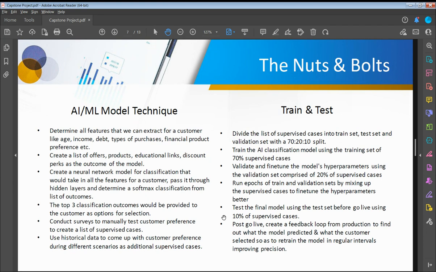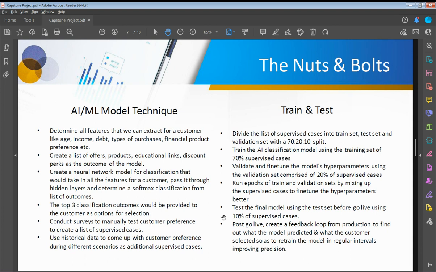Now, after we're done with one set of train and validation parameters, we are going to consider that as one epoch. Then we are going to mix the complete training and validation set to create a new training and validation set, which would be another epoch of training and validation. Once we run multiple epochs, it will help us fine tune the hyperparameters.